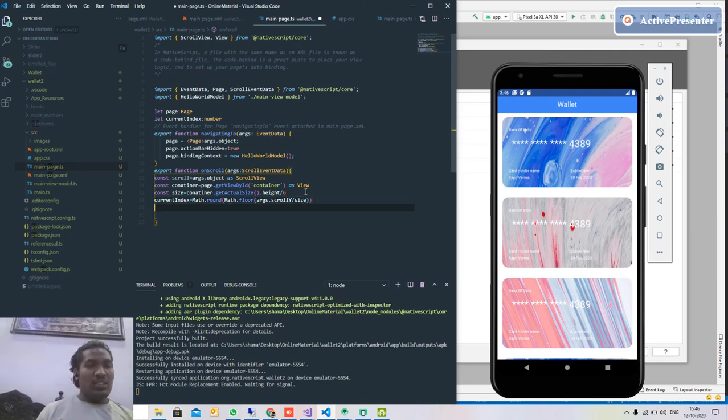Okay, let's just try this. Const... console.log, so that we can check whether we are in the right direction or not. Okay, let's save this.